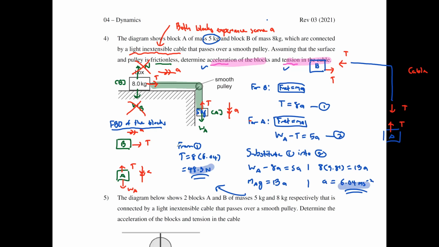This one you have to consider the blocks individually and then use simultaneous equations to find the answer. Now, some more advanced students would tend to think of it in another way. This one is you consider it as a system. This one is still correct also, just that it's very rarely used. Now, if I consider it as a system,